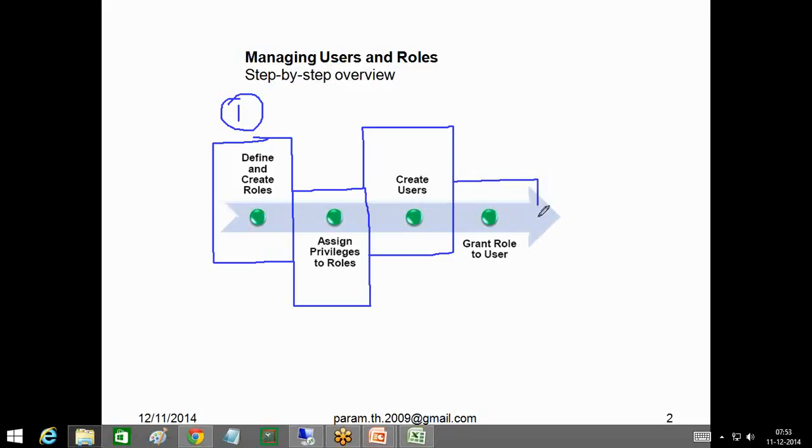And after the user IDs are created, you can start granting the roles to the user. And plus, if the user leaves the project